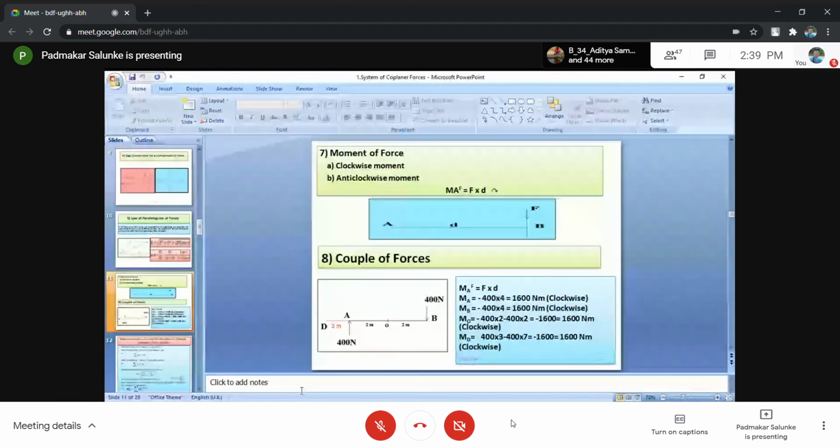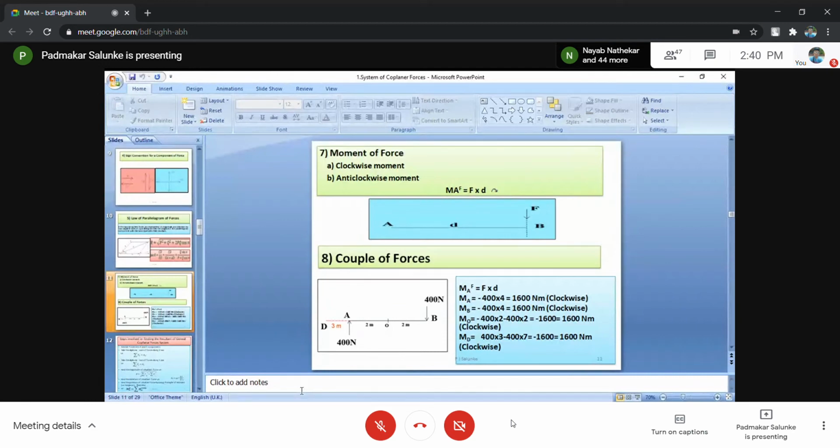If one is plus, then the second is minus. Then the moment at point B. In the moment at point B, we are considering the moment due to the force acting at point A, which is 400 multiplied by 4. Tendency of rotation: for the time being, you have to consider point B as a fixed point. With this 400 Newton, you have to rotate this body. The body starts rotating in the clockwise direction. So minus 400 multiplied by 4.